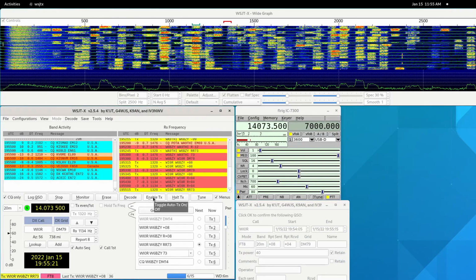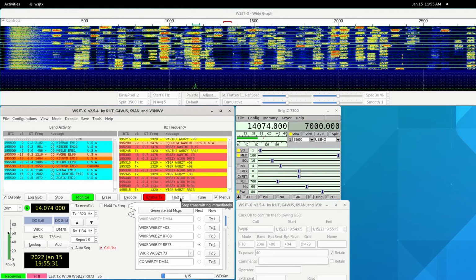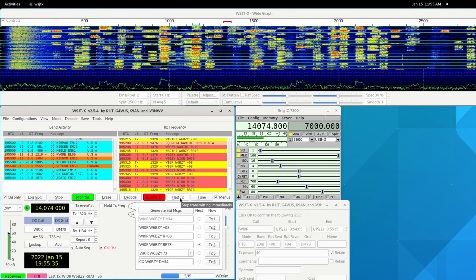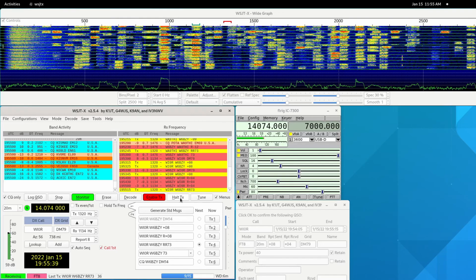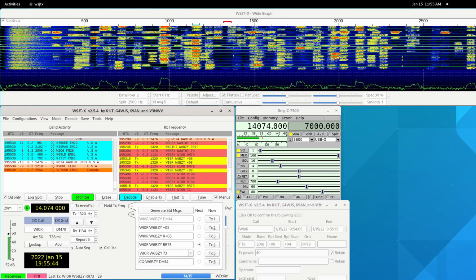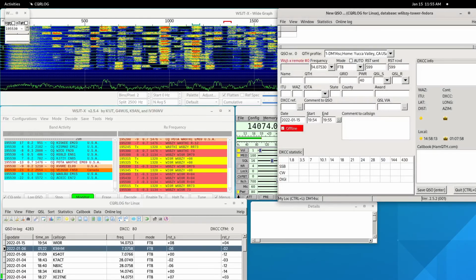What I like to do is go back and enable TX transmit with RR73, especially if I'm working at a station where they're not giving me a big strong signal. This guy's coming in like gangbusters, and I'm not quite as loud, but he says I'm +4, which is way loud. So there he gave me a 73, and I can go down, and when I hit